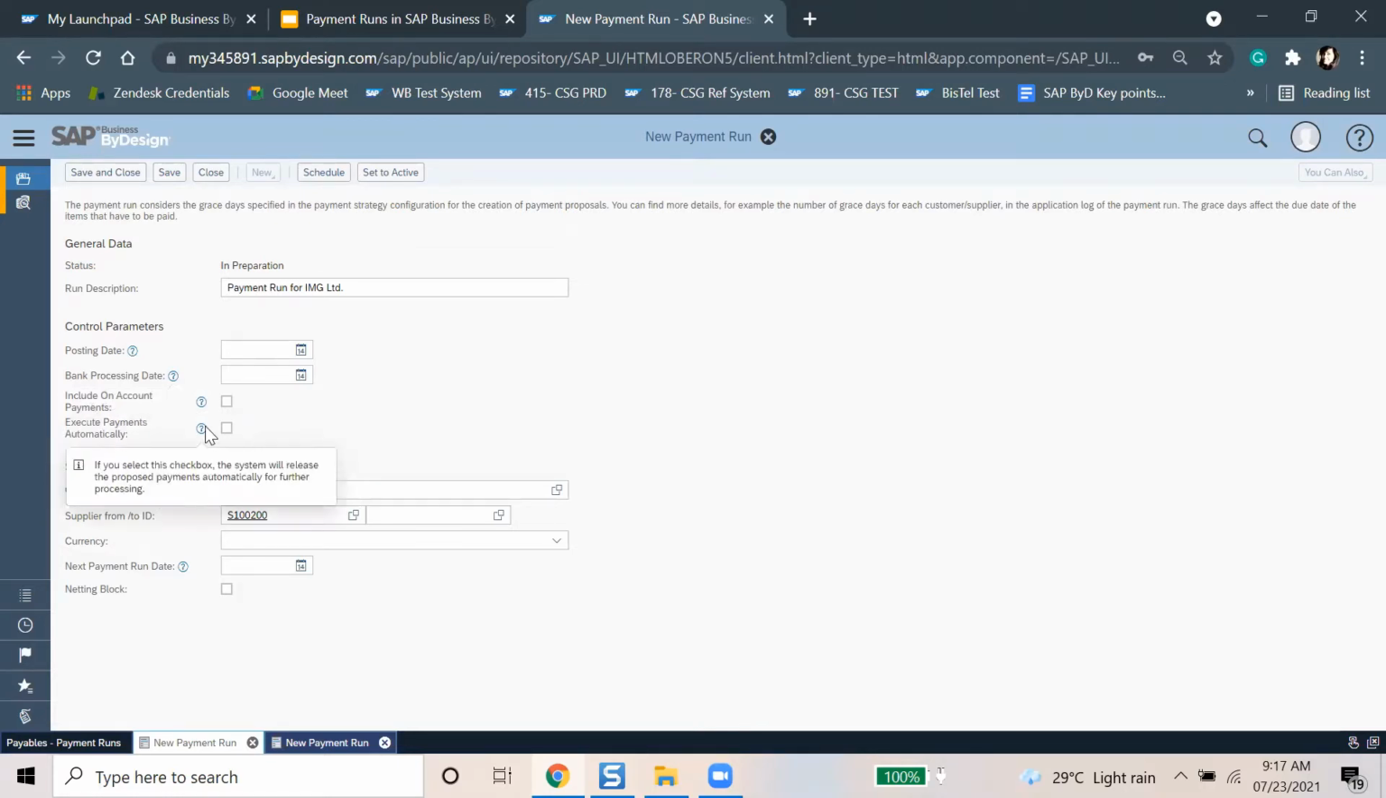Execute payment automatically. If we check this option,